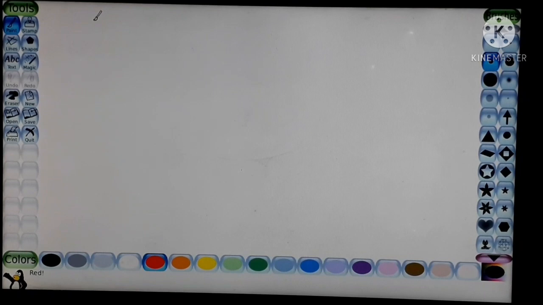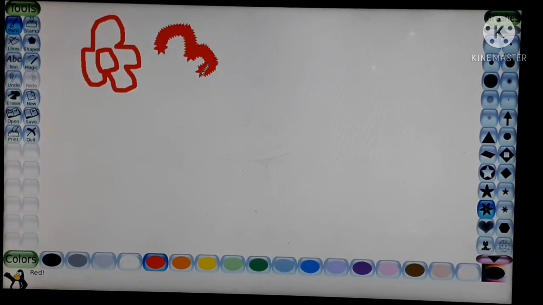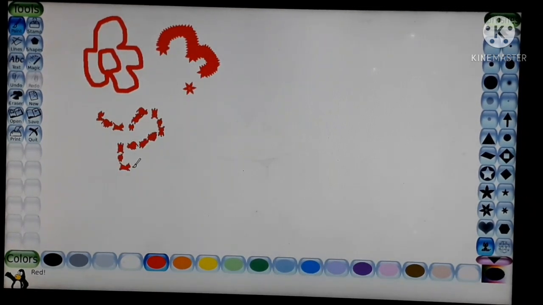What is the use of the paint tool? The paint tool is used to draw pictures. We can choose different brush sizes from the selectors.